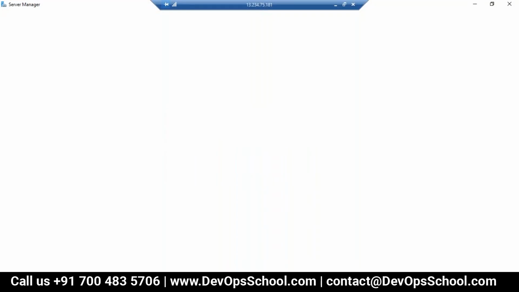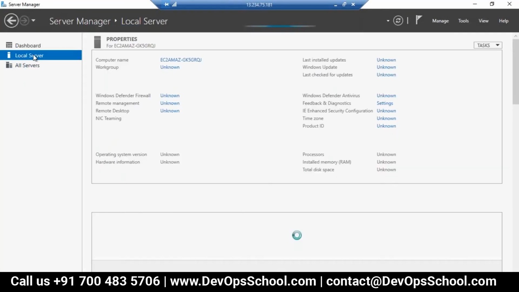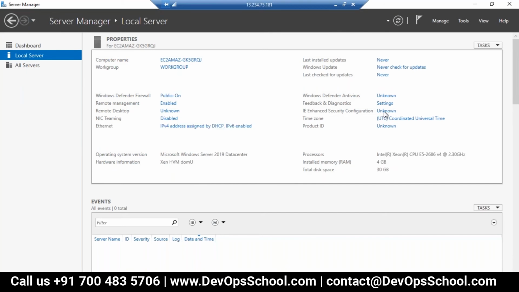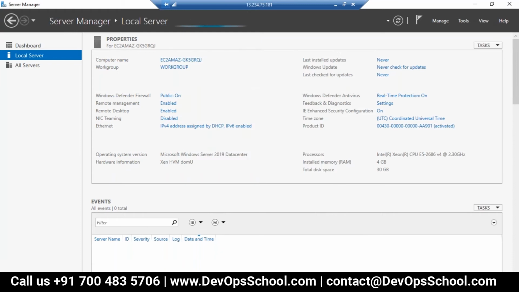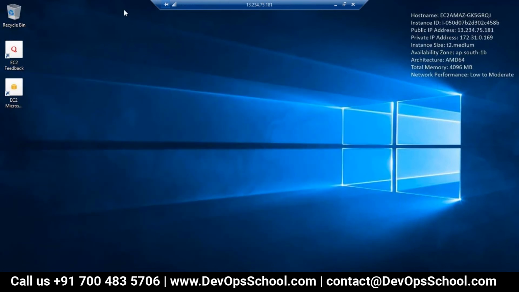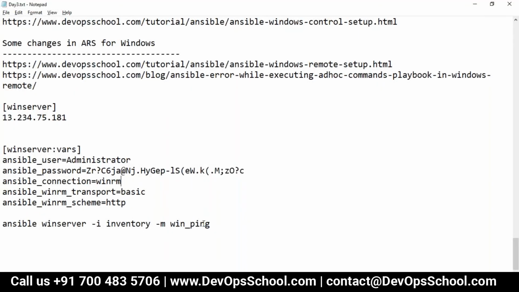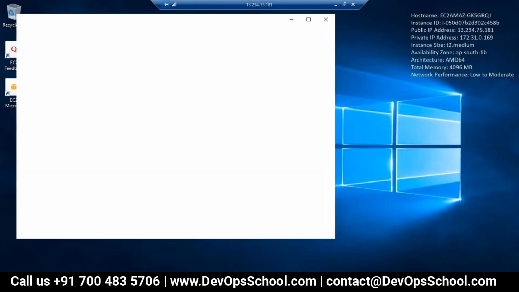So I'm going to local server and turning Enhanced Security off. Done. Okay, now it will not cause problems. And now guys, I want to go to this URL. I want to open it in the same machine so I can run it.